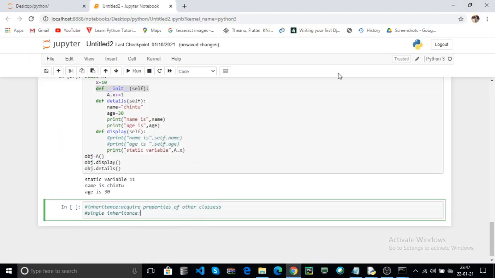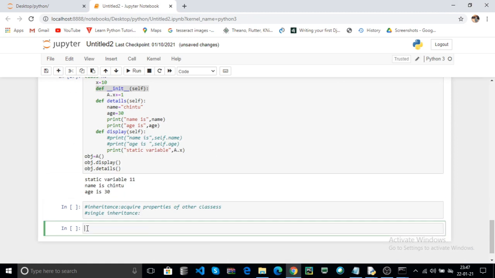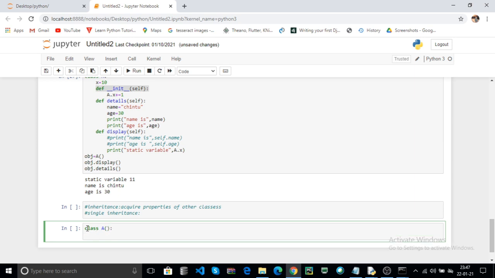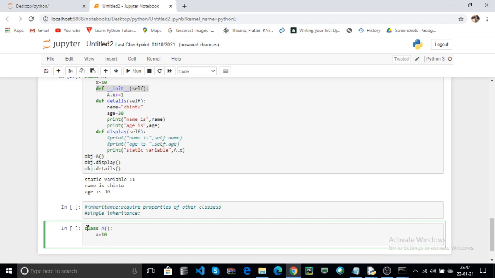Now we discuss through the program. Here I created two classes. First one is A. Here you can use the parenthesis. Here the class A contains, for example, I create one variable, that is the static variable.